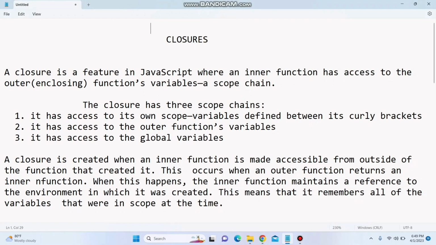Hello guys, today we are discussing an important concept in JavaScript, which is a closure. First of all, we see the definition of closures. A closure is a feature in JavaScript where an inner function has access to the outer function's variables in the scope